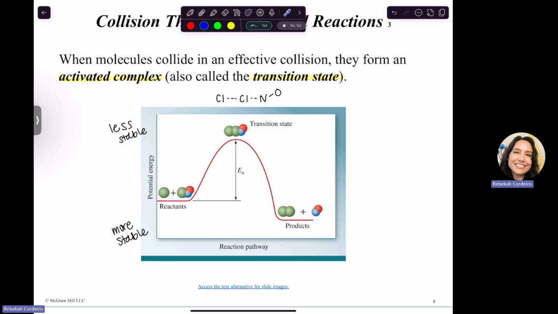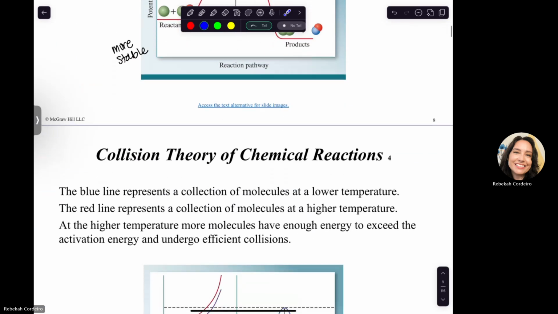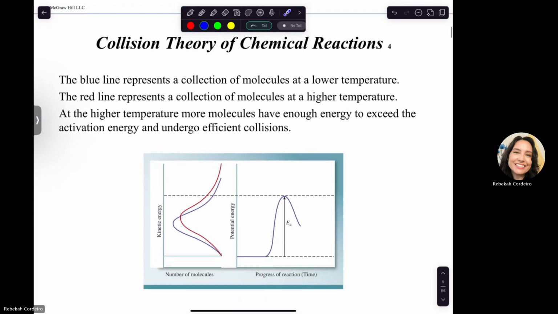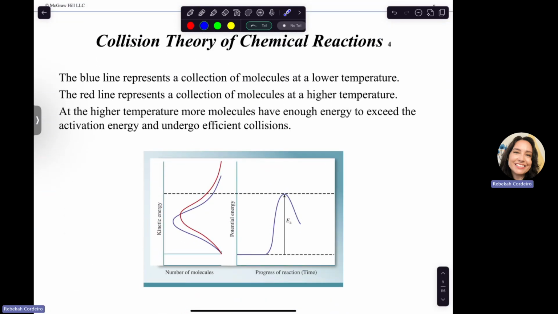So we talked before about this, reactants going to products, like being endothermic versus exothermic, but now we're going to really explore this part, which is the activation energy. So if you have molecules at lower temperatures versus higher temperatures, you will see the higher temperature molecules have enough energy to exceed that activation energy. And so you'll have more effective collisions